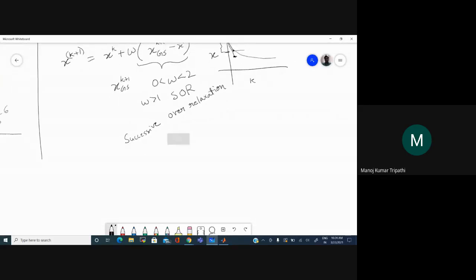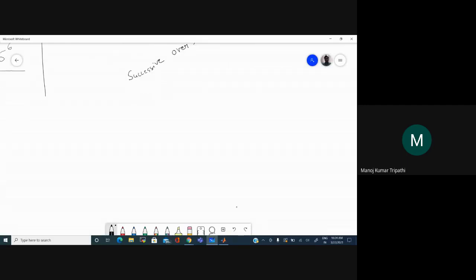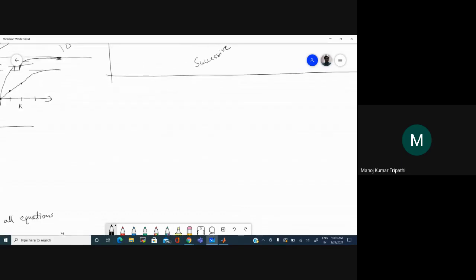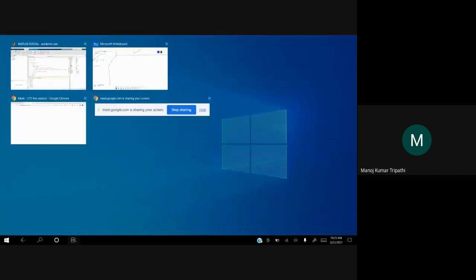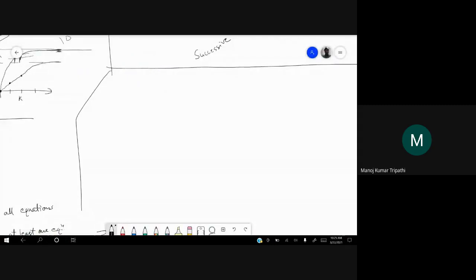If there is any question you can ask, or we'll move on. Okay. So till now, we have seen the solution of a parabolic equation, a hyperbolic equation. Can you give me an example of the parabolic equation that we saw here? Can you write it in the chat window?